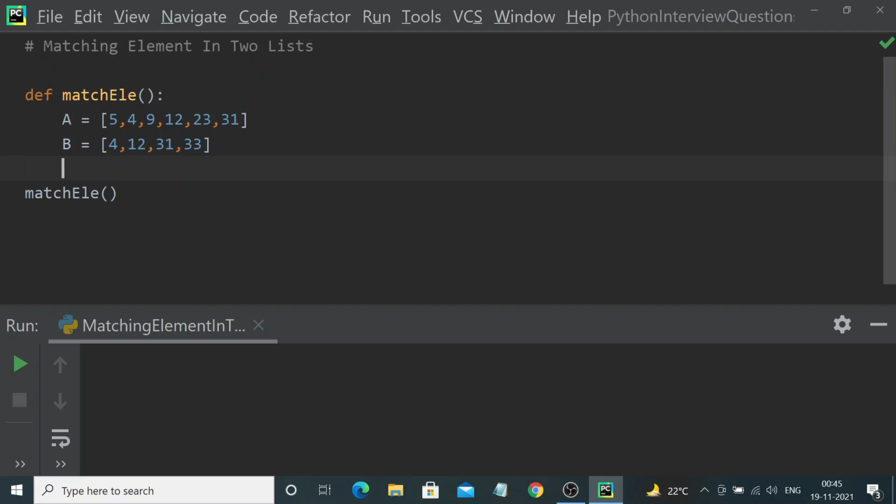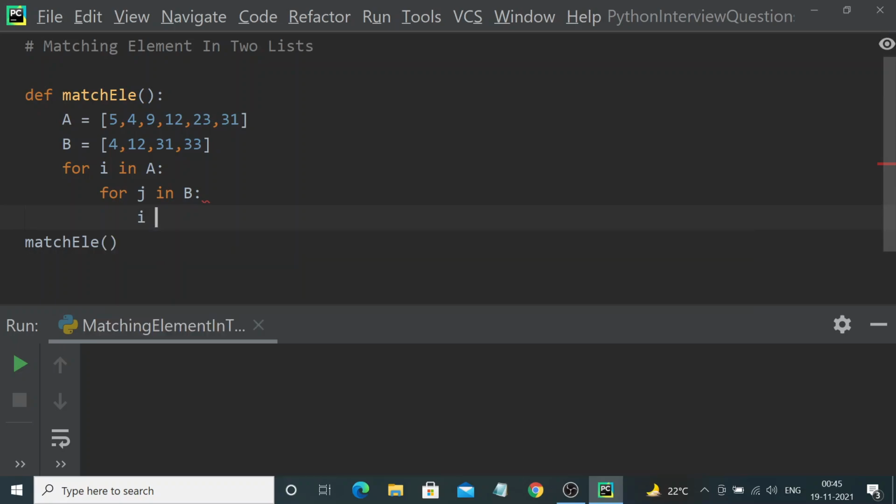Okay, so now let me start writing that. for i in a, which is my list a, and for j in my list b. Now I have to find a matching element between these two, right? So i and j are my iterators here.